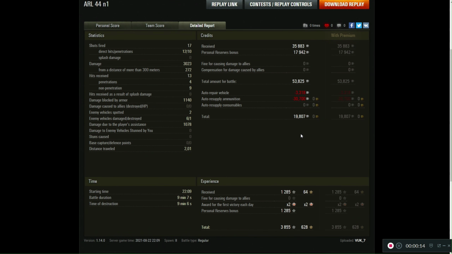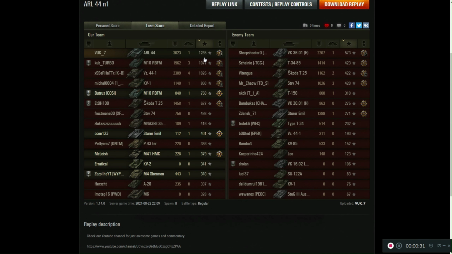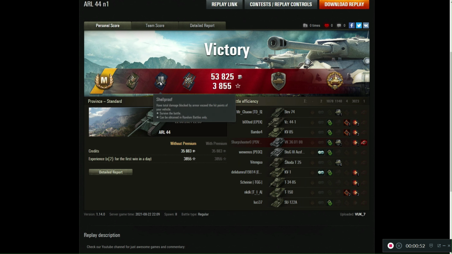Okay, so we are on 19,000 rubles, 17 shots fired, 12 on target. It was very good accuracy for this gun. Let's see, 6 tanks damaged and we killed just one, but we did some assist damage. And let's see team score, first in experience with 1,285 points of experience, just one kill, but 3,023 HP of damage, so we were not lucky with kills, but we were lucky with damage, and we were first in both teams. 2 tanks spotted even, High Caliber, Steel Wall in this tank, Far for Effect, Shellproof, Spotter,